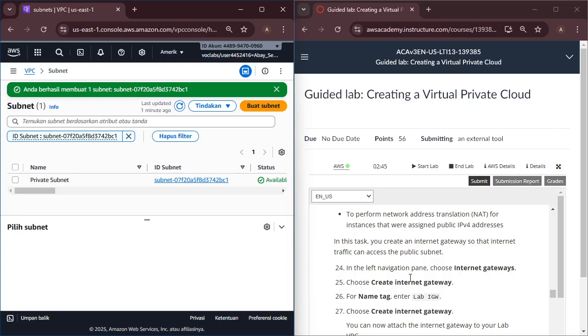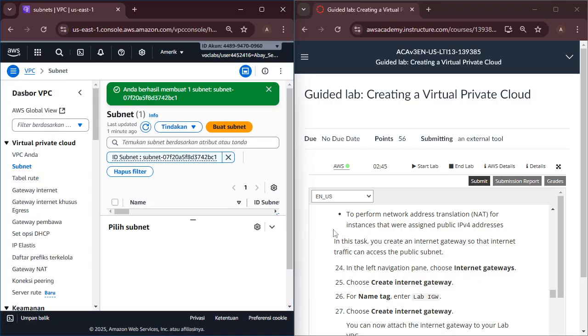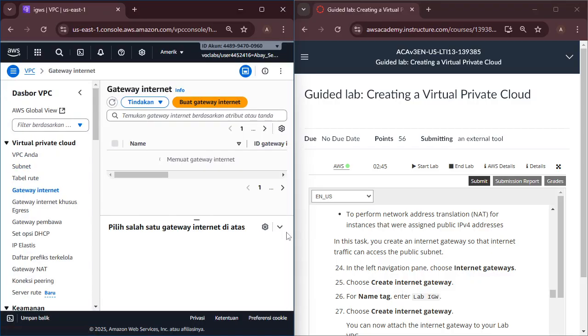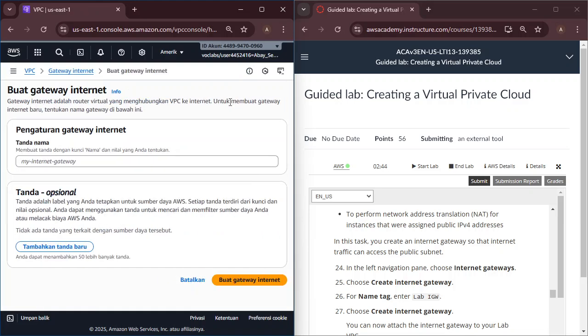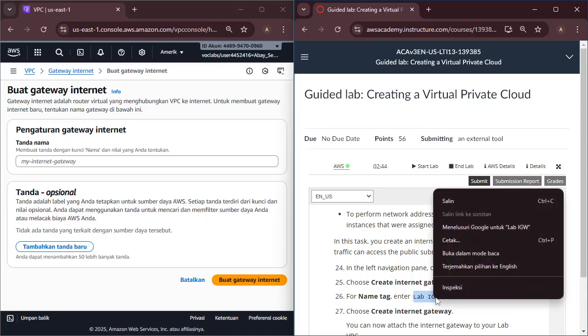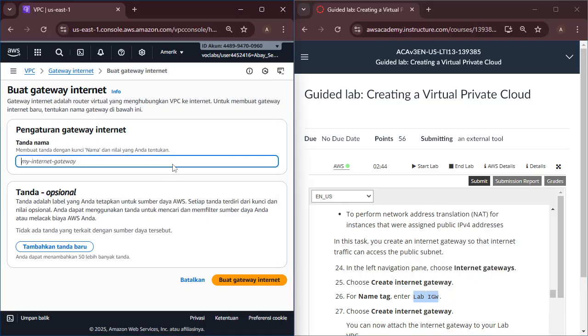Okay, on the left page, we choose Internet Gateways. We choose Create internet gateway. For the name tag, I will add IGW.